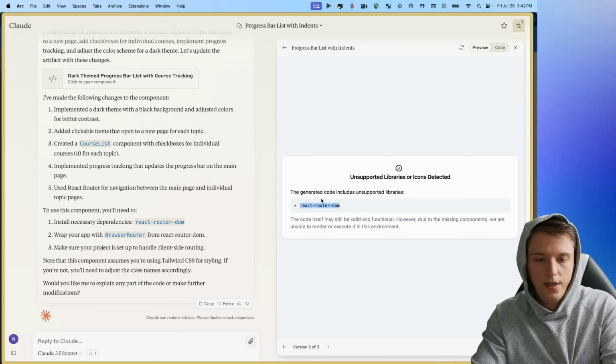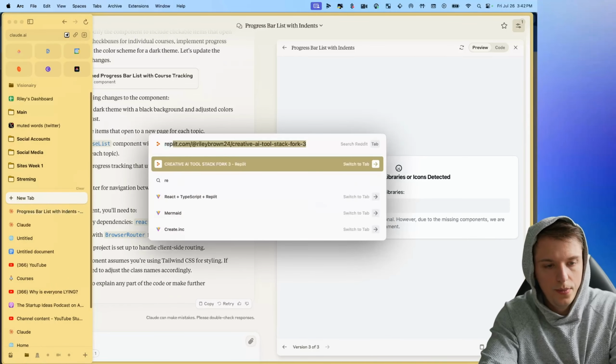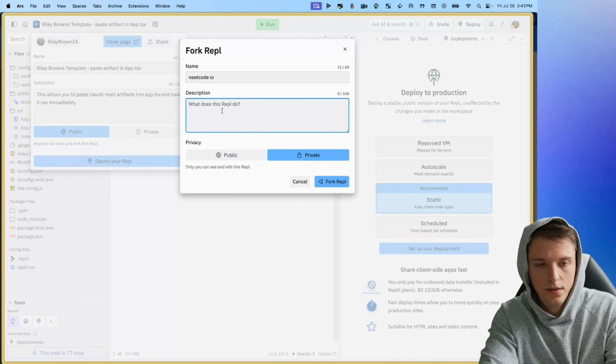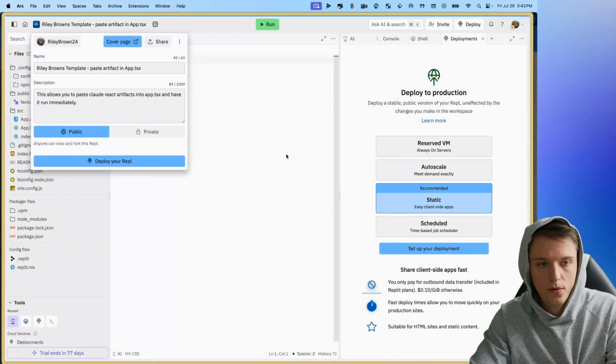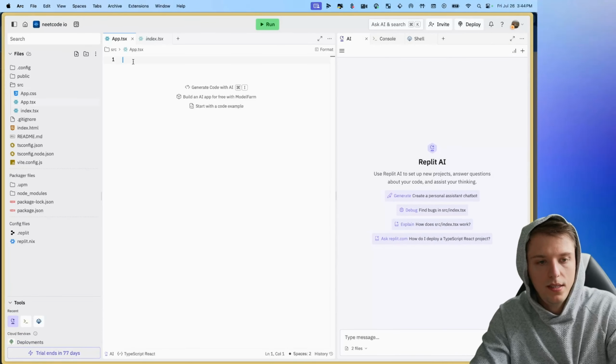Okay, so we ran into this problem where it doesn't have libraries on this, so we're just going to have to open up Replit. So we're going to start a new REPL, neatcode.io. All right, we'll make this public, fork REPL. This is just a template that I've used for React stuff before. I can paste that code